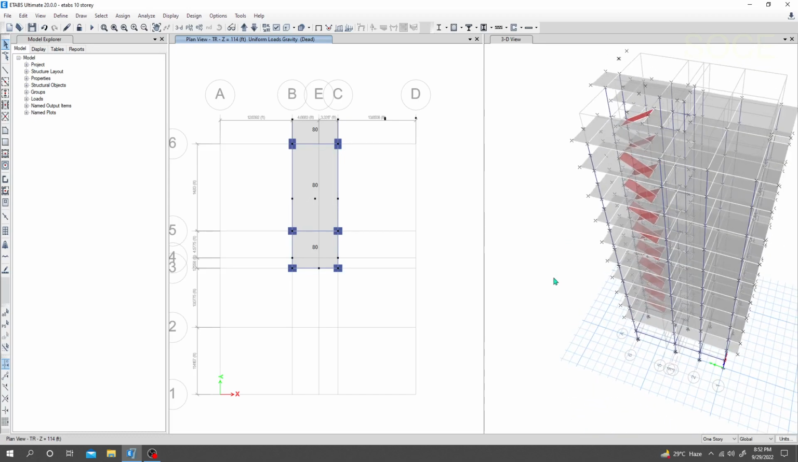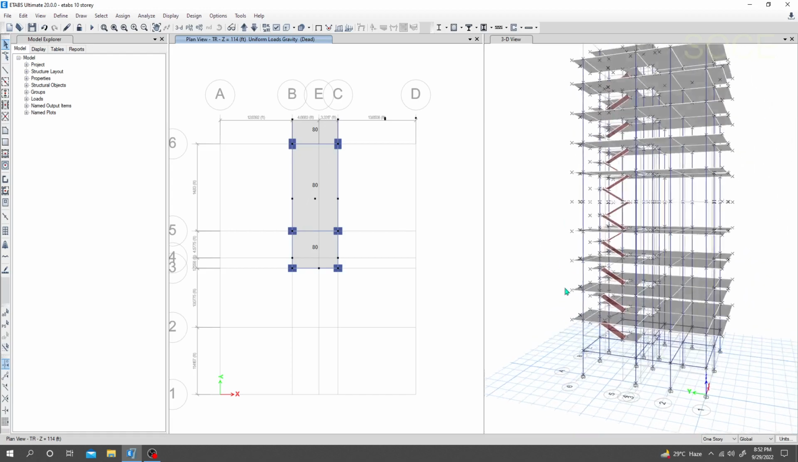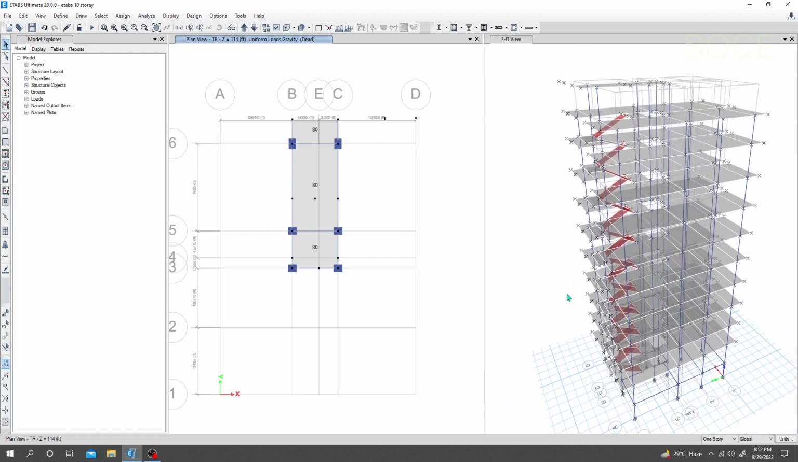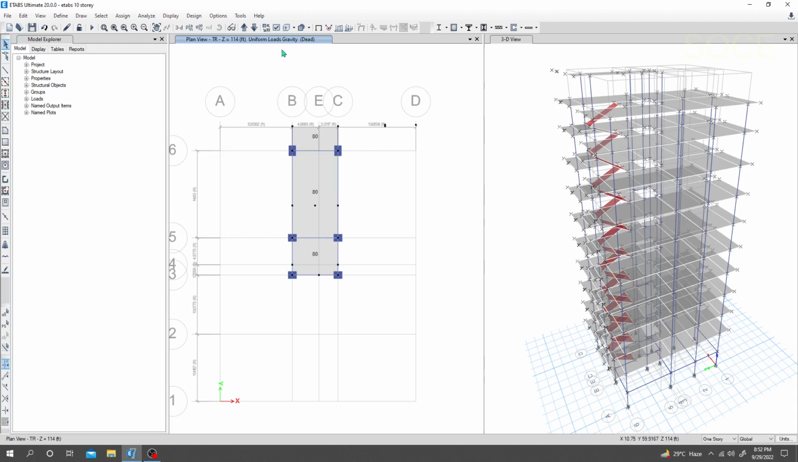We have provided all loads which are required. Now when it's okay, we are ready for analysis. But before analysis, we have to provide all types of lateral force, earthquake and wind load. To provide wind load and earthquake load, we have to follow the code. As per your code, you have to provide that. But before that, we have to